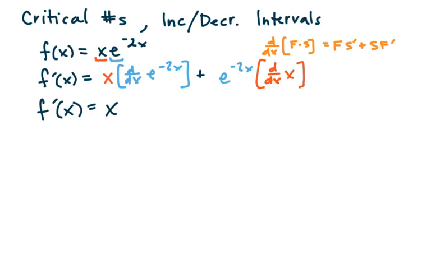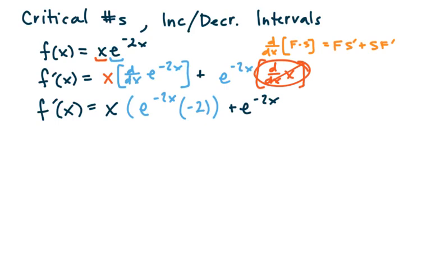So when I take my derivative of e to the negative 2x, the derivative of e to the x is e to the x. So this becomes e to the negative 2x. But because that argument we have in our exponent right here is more than x, we have to apply the chain rule. So that means we would need to multiply by the derivative of the inside, or the derivative of what is inside the exponent in this situation. And the derivative of negative 2x is negative 2. So then I have plus e to the negative 2x, and this derivative of x just becomes 1, which we